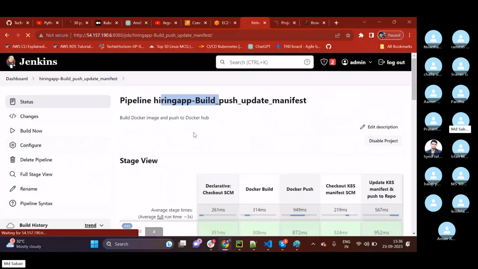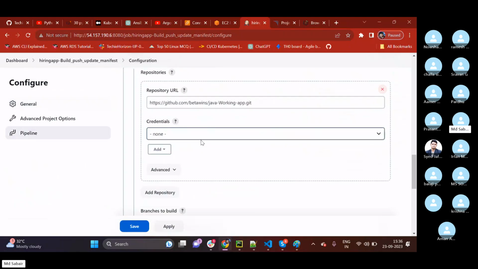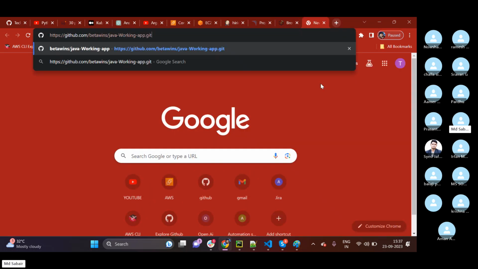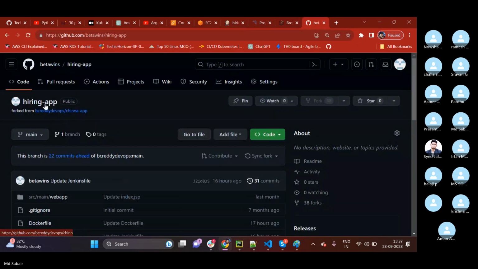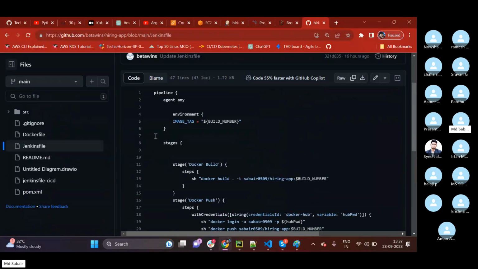And if I open the configuration, here I'm using a Jenkins pipeline. Earlier I used a freestyle job. If you want to convert that into a pipeline, then you can also do that. But I have used one job as freestyle and one job as pipeline. So this is my repository. If I go to my repository and look at the Jenkinsfile, you can find